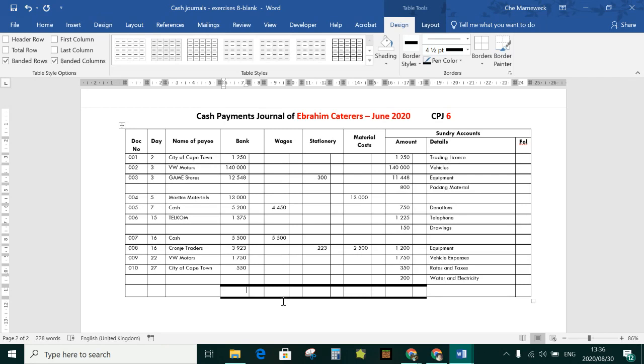And you should get 185,096 Rand. You then add the amount in wages, 4,450 plus 5,500 gives us